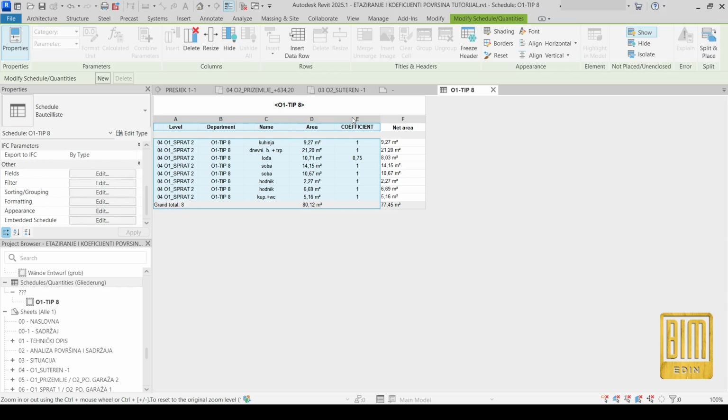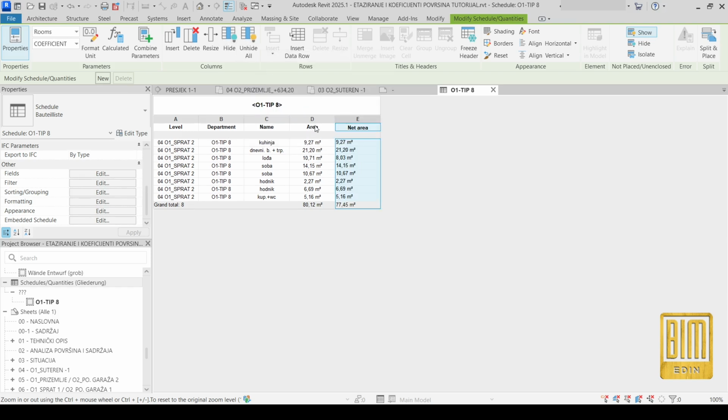All right, we have only one balcony here. Okay, we can hide this coefficient, so only the area, we will call it gross G area, and the net area will be visible. Okay, that's it. Now I will show you how to calculate useful area on the places that are below the